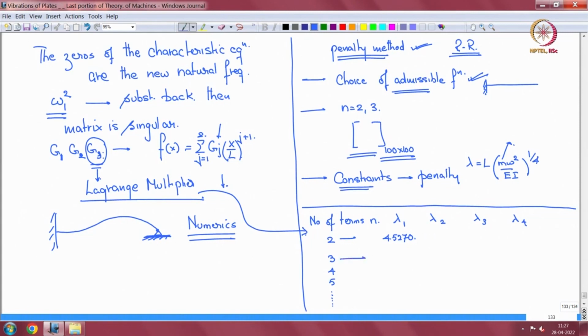If you take 3 terms, you get 3.9308 and 8.6794. If you take 4 terms, you get 3.9285 and 7.1221, and here you get 13.461. If you take 5 terms, you get